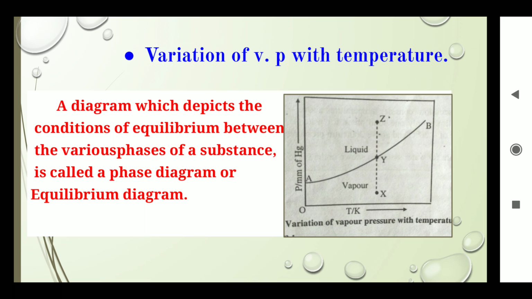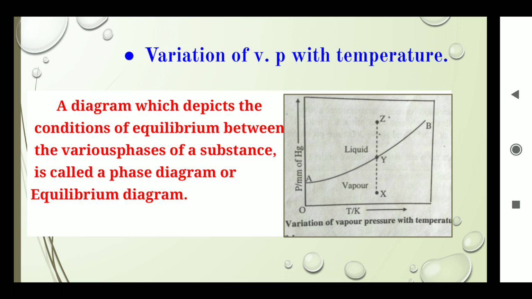See the variation of vapor pressure with temperature. If we have to plot a graph of pressure in mm of Hg versus temperature in Kelvin, and we have to observe the equilibrium between liquid and vapor, the vapor pressure and its variation with the temperature. So there will be the equilibrium between the liquid and the vapor. Here we have to observe two components getting varied, meaning pressure and temperature both vary simultaneously. As the temperature increases, pressure also goes on increasing. The process continues until we have gained the equilibrium.